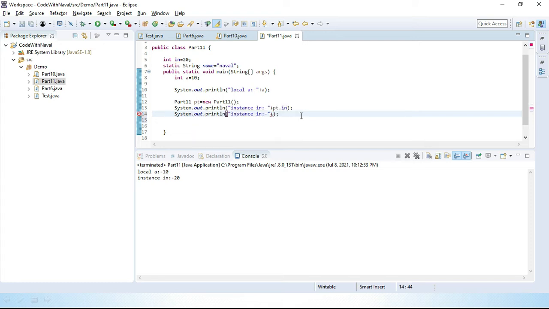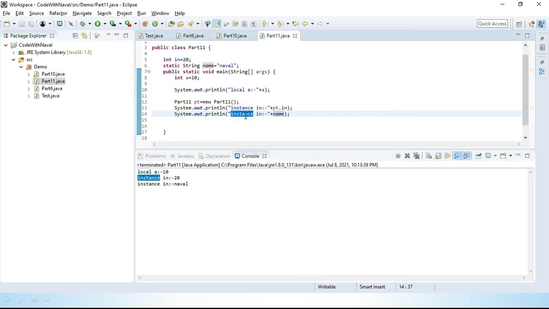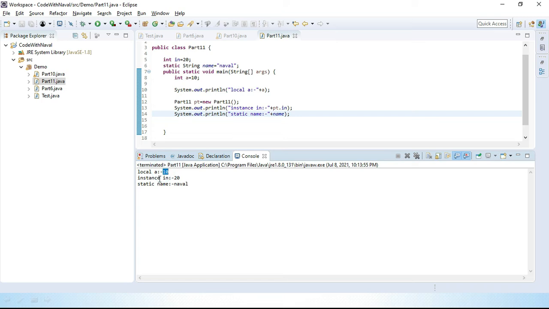Let's remove this and simply define here name and save this. You can see here we access local variable, then instance, then static variable. Let's change here static variable, static name. Save this. You can see here we got first the local variable, then instance variable, then static variable.